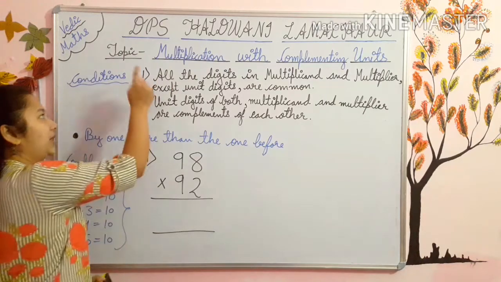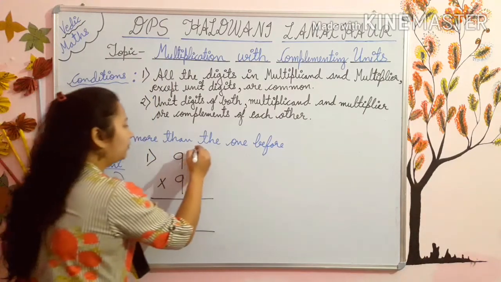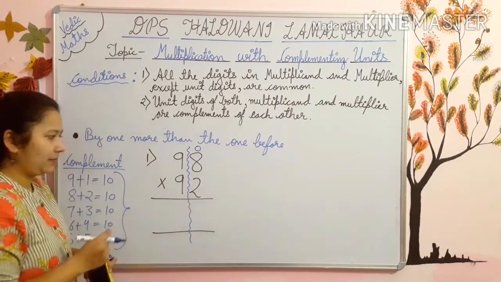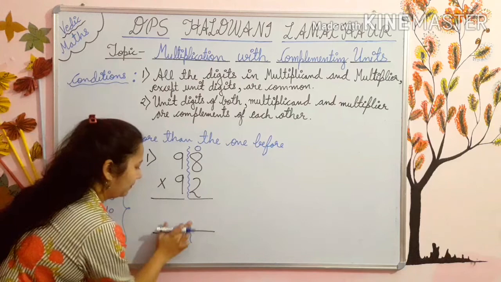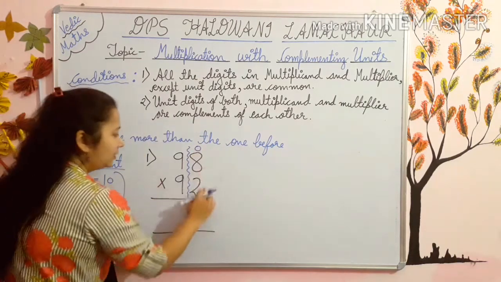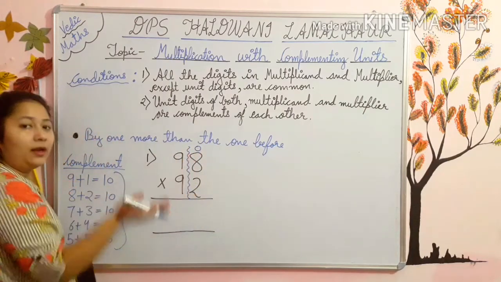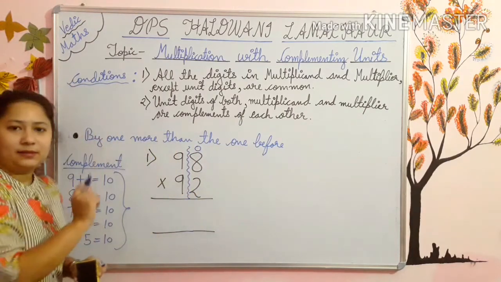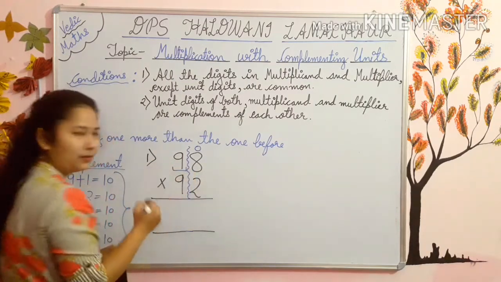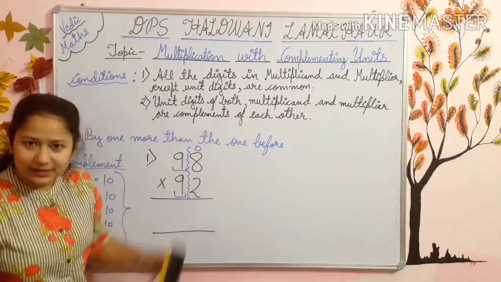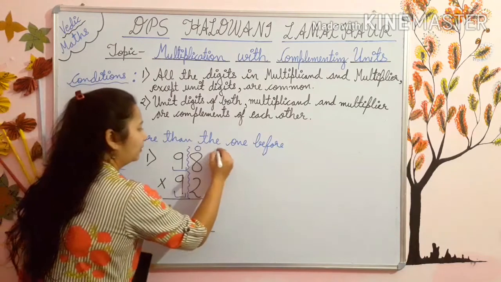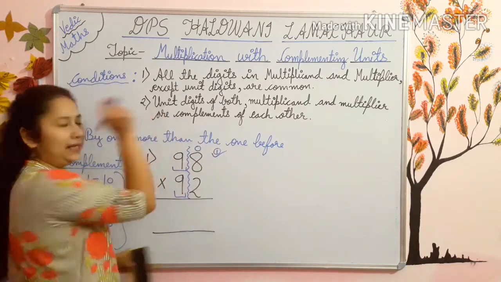Now first of all we will check our first condition. First of all remove the ones digit. Fine. This is your ones. We have removed it. Now see that after ones, whatever the digits are there, they are same. See, above is 9, down is also 9. So they are same. So this condition is fulfilled. One condition is fulfilled.